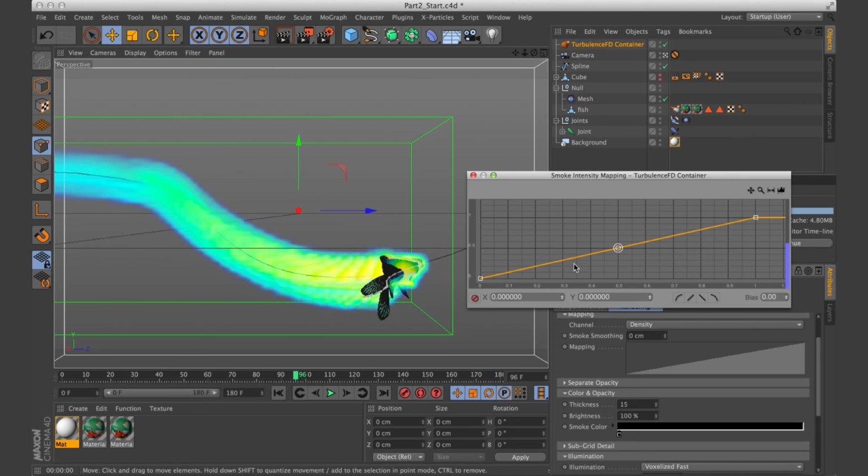And basically what this mapping editor does is you can add in points by right clicking, and you can drag things around so that you make different parts of your trail look lighter or darker, and different parts of the trail have more or less opacity. And so I'm just going to change it a little bit so we can see things a little bit better.